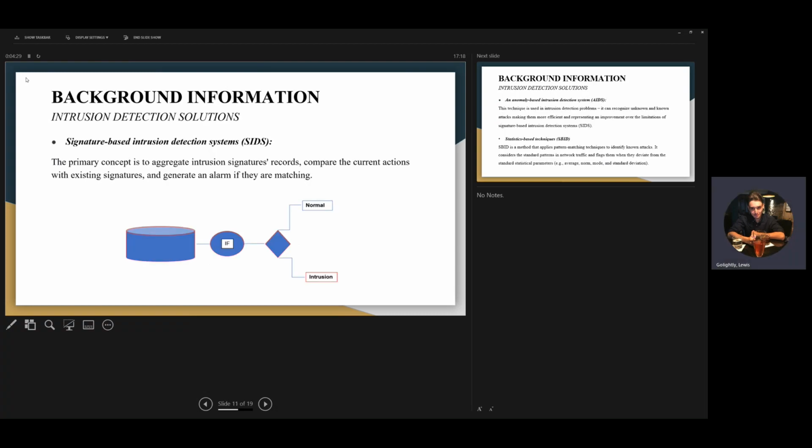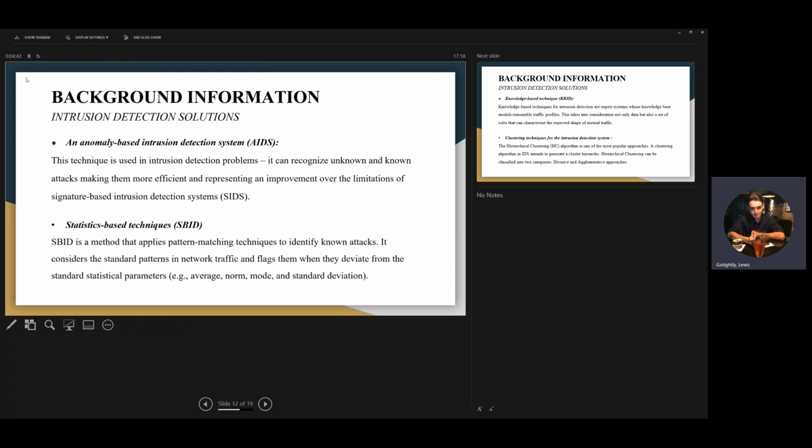So signature-based intrusion detection systems are one of the solutions, where the primary concept is to aggregate intrusion signature records, compare them to the current actions with existing signatures, and generate an alarm if they match. An anomaly-based system is a technique used in intrusion detection problems. It can recognize unknown and known attacks, making it more efficient and representing an improvement over the limitations of signature-based